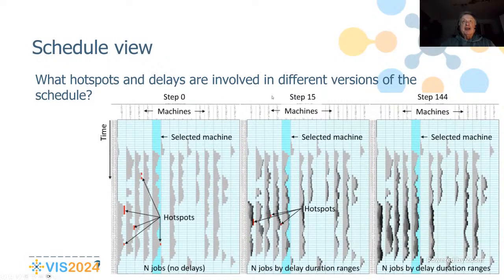So here we have 3 steps of the algorithm shown. Step 0 in the beginning on the left, one of the key steps within the method, step 15, in between, and the final solution at step 144. So we have 3 blocks explaining different optimization steps, and the user may have as many blocks as he wants. Each table